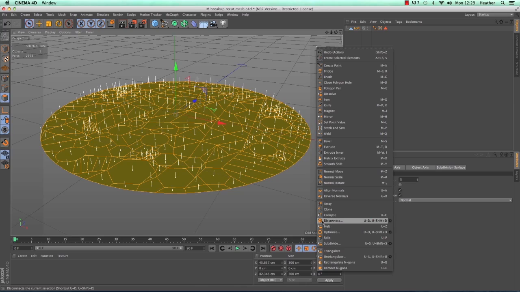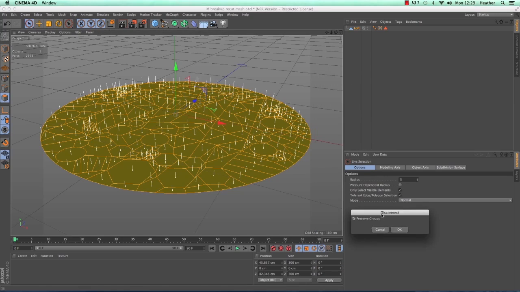Now I'm not just going to click on disconnect because that won't do anything. I've got to go to the settings, so I'm going to click on the cogwheel and a window should appear. The only checkbox you see in here is preserve groups. Preserve groups is turned on by default, which means it's preserving our polygon group, so it's seeing it as one object still.